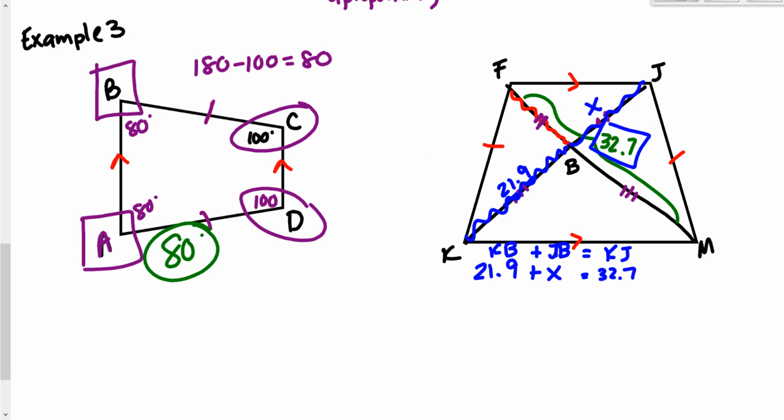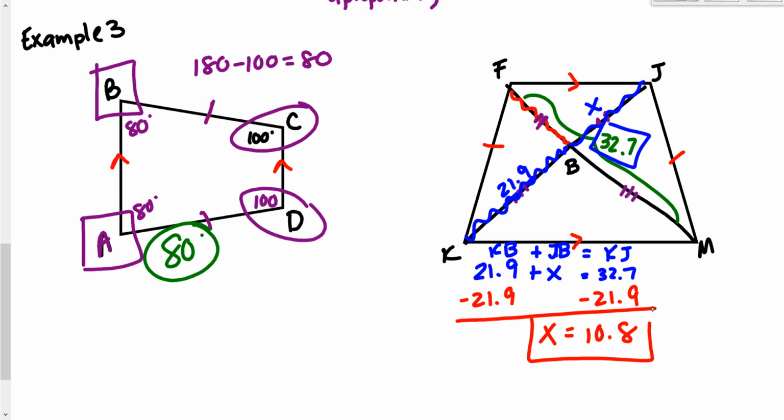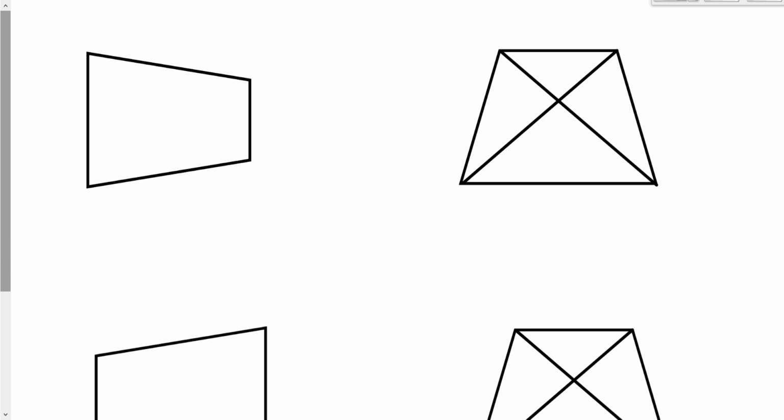So what I do here is I subtract 21.9 on each side, and I'm left with that top piece equaling 10.8. So this missing piece right here is 10.8, which would be the same measure as FB. Okay? So now,